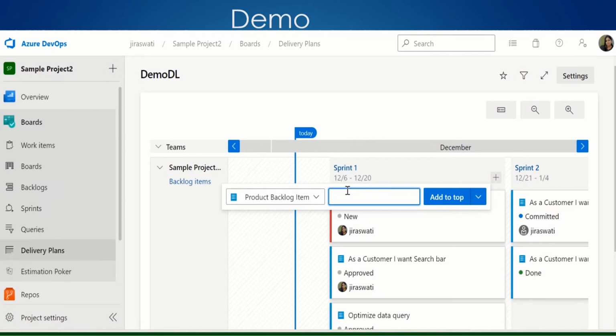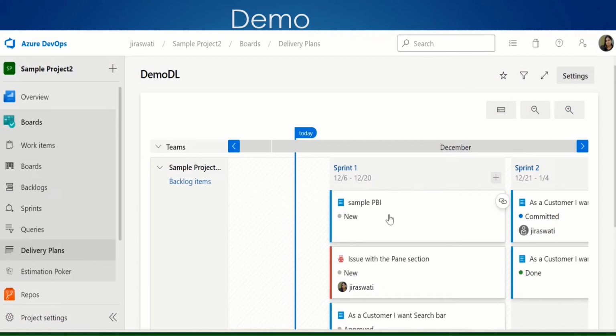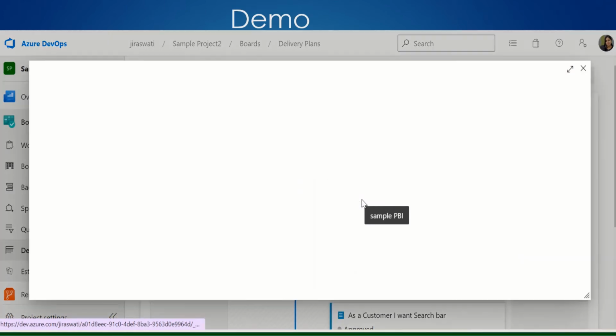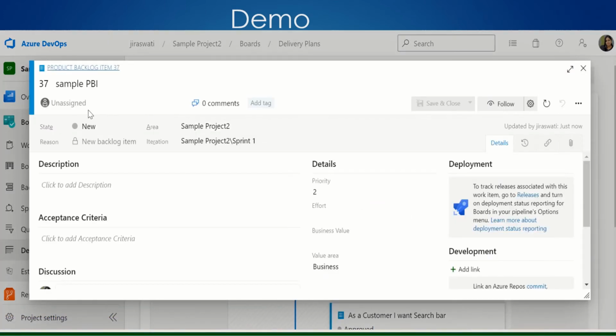So you can create a sample PBI. You can also go in that and do the required changes which need to be done, right? Click on save.